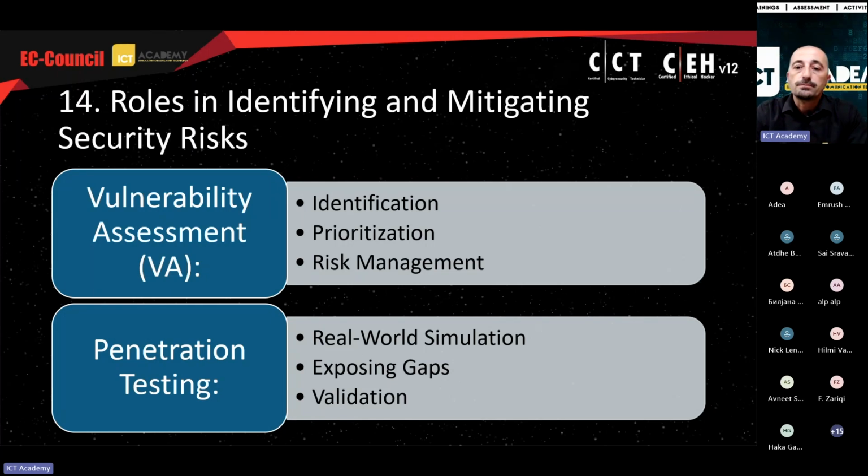On the other hand, penetration testing, real-world simulation. Penetration testing provides a practical, controlled environment to simulate real attacks. Through the utilization of different methods, techniques, and tools that we have explained up to this moment, you can conduct such real-world simulation in a controlled environment. This reveals how a potential attacker, malicious actor, or hacker might exploit vulnerabilities and helps organizations understand the practical implications of security weaknesses if they are found by malicious actors or hackers. Exposing gaps. Pen testers attempt to exploit vulnerabilities, gaining unauthorized access to systems. This uncovers security gaps that might not be apparent through